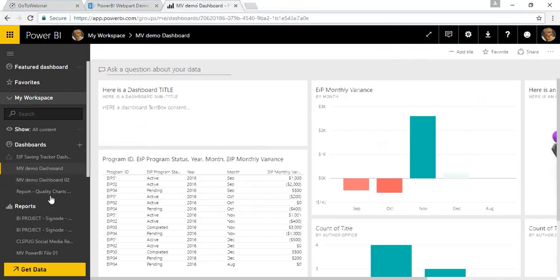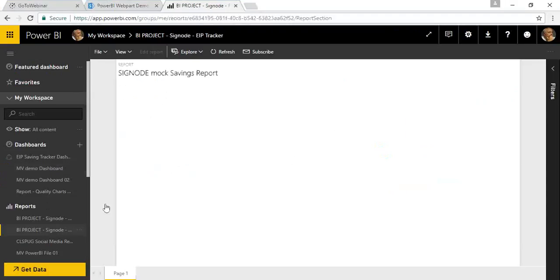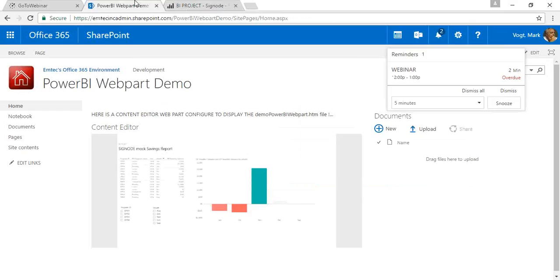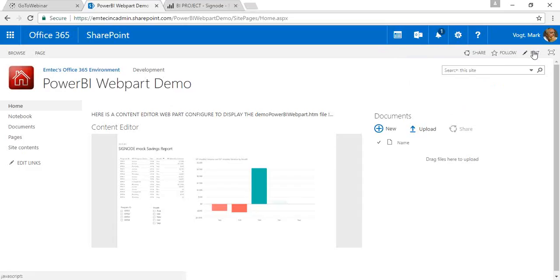If I were to go looking for that particular report that I want to make available, what I ended up doing is sharing this as a content pack, bringing it back around inside my workspace in the shared version, so that if I look up inside here, I will see a GUID that represents a unique identifier for that particular report. Then if I go into a SharePoint page and add a content editor web part, all I really end up doing